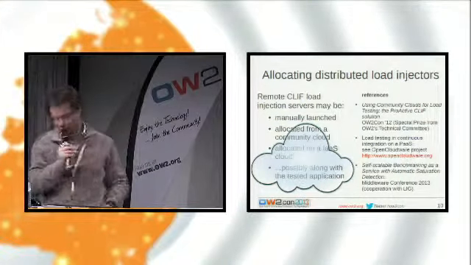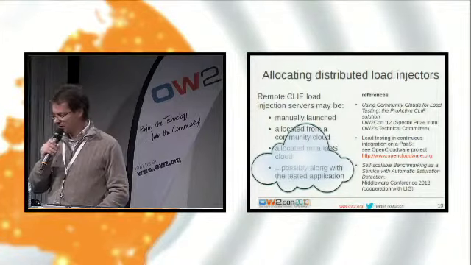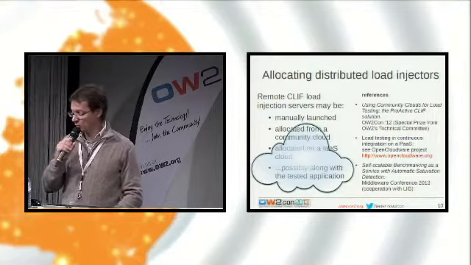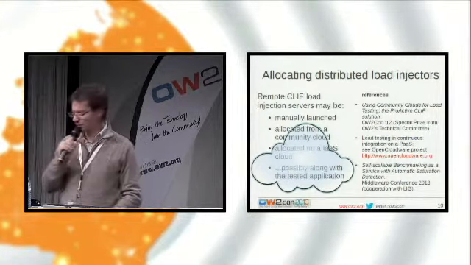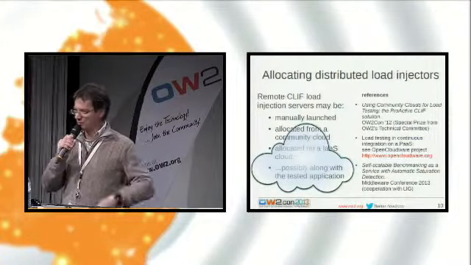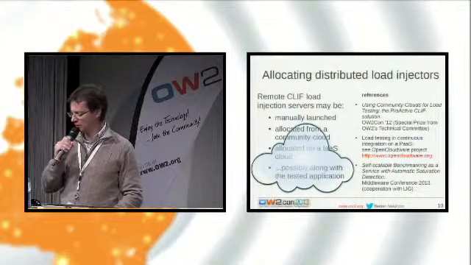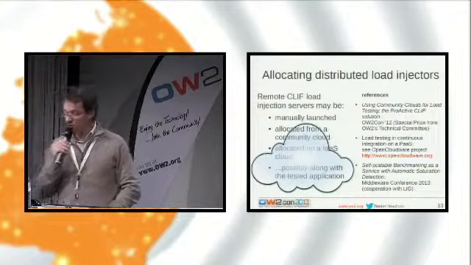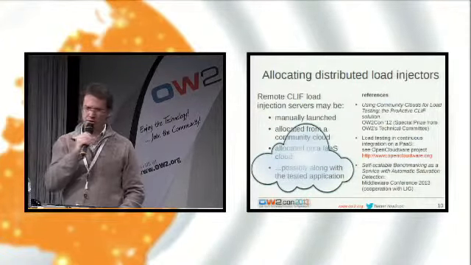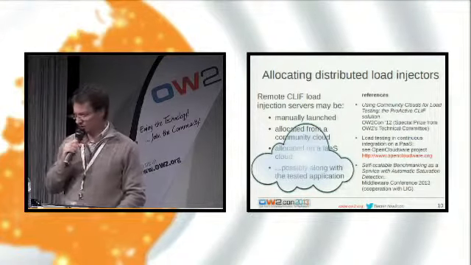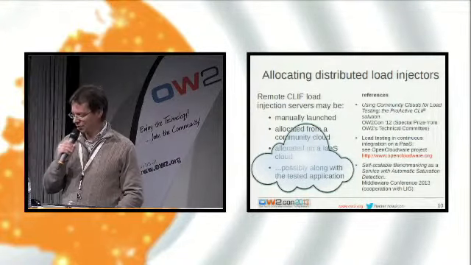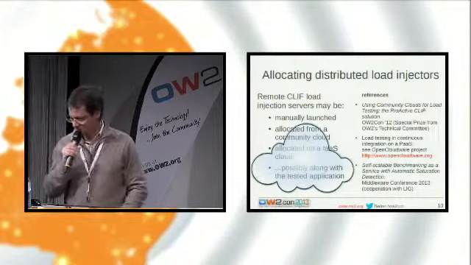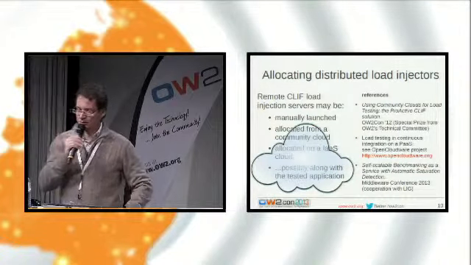On the right part, there are some references about all this work. So the community cloud is a work that has been awarded during the OW2 conference last year. And it's a work we are still carrying on with the Proactive team. So in the Open Cloudware project, we are working on the integration into a platform as a service cloud. And we have also more academic work with the Laboratoire d'Informatique de Grenoble. It's about elastic load injection.